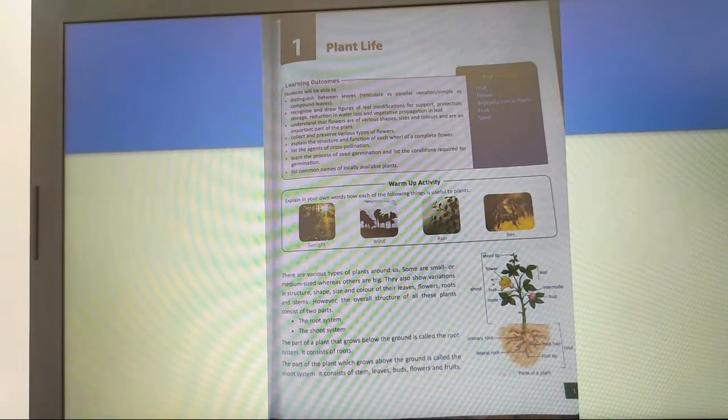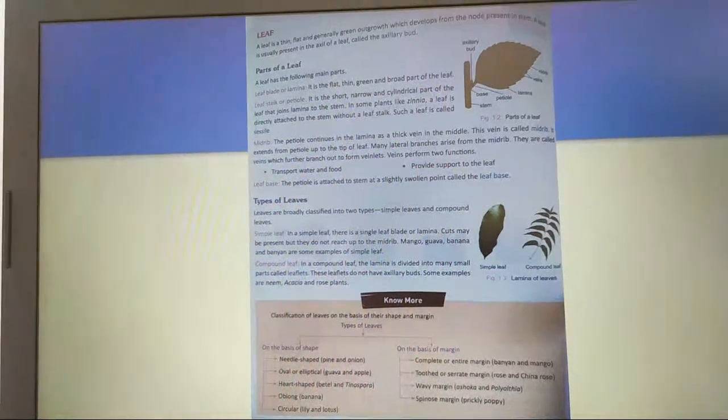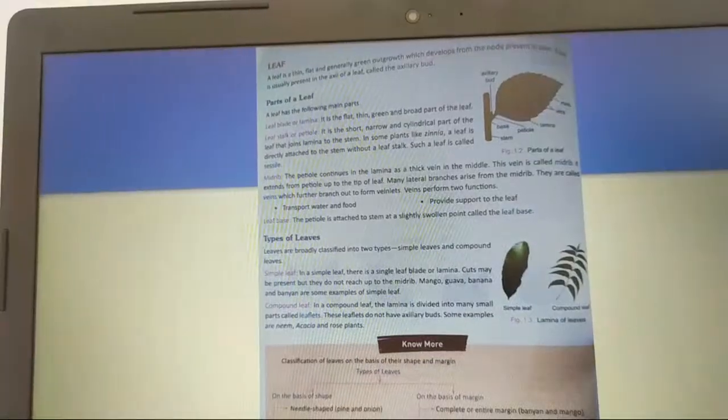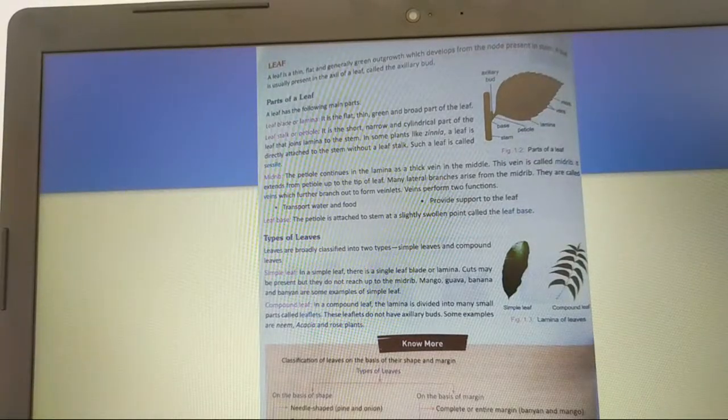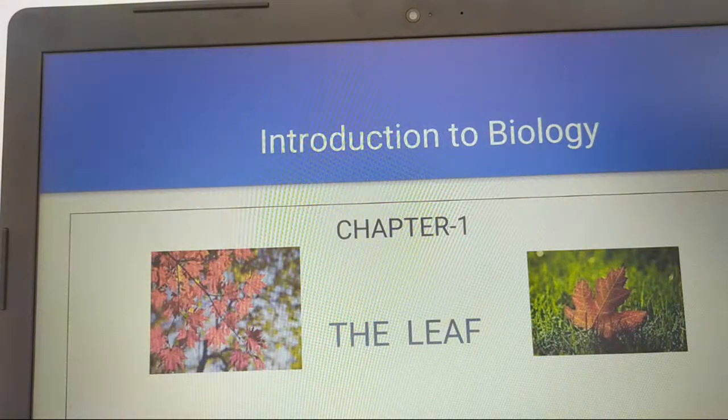Then we'll be discussing today about the root system, the shoot system, parts of a leaf, and the types of a leaf. So before going in detail, let's talk about